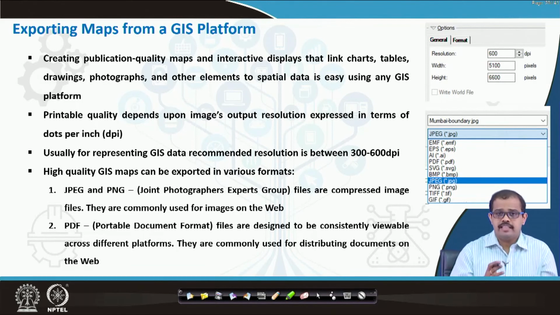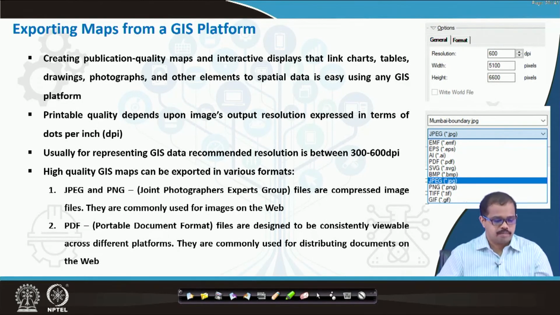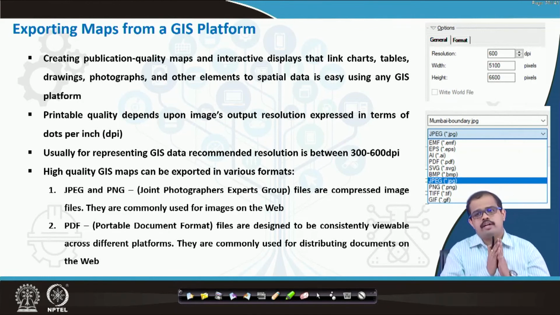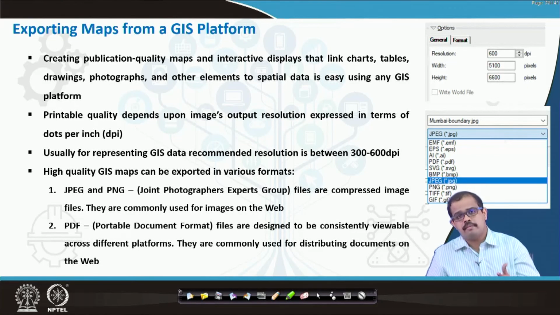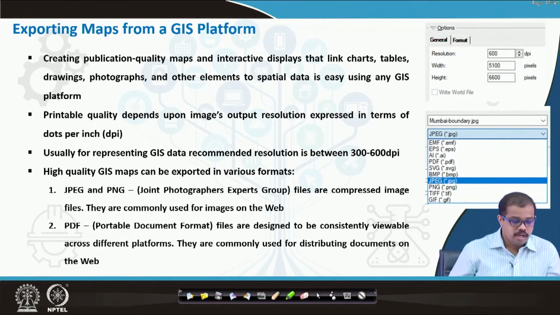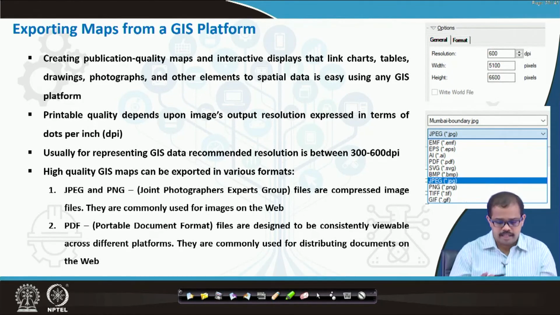Then the next thing is, how do you export a map in a GIS platform? A GIS platform gives you extreme help in terms of exporting a map. You can export a map the way you need, using your normal formats like JPEG, which compresses your entire image file, or even SVG formats, the raw formats. Easily it can be exported into any kind of format. You can even set the depth of information that you basically need, and what kind of format.